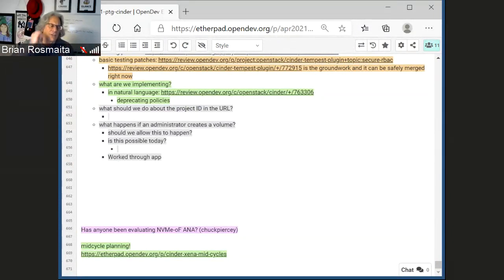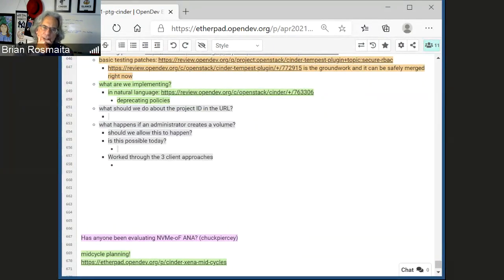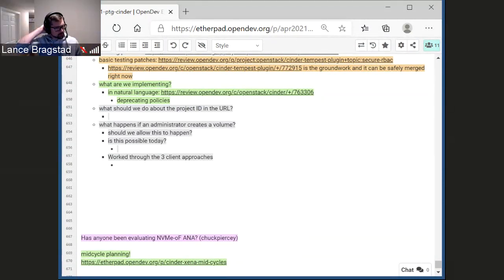So then, in terms of allowing URLs without the project IDs, should we just regard it as malformed if you're not requesting a system scope, if you don't get back a system scope token? Can you use an example?